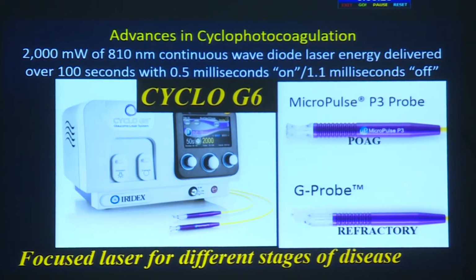Now in India we have Cyclo G6 also available, and it uses an 810 nanometer continuous wave diode laser. Micropulse P3 probe and G probe are available for refractory glaucoma. The P3 probe is to be used for primary open angle glaucoma patients. 200 milliwatt of diode laser energy is delivered over 100 seconds, with 0.5 milliseconds on and 1.5 milliseconds off, and it delivers